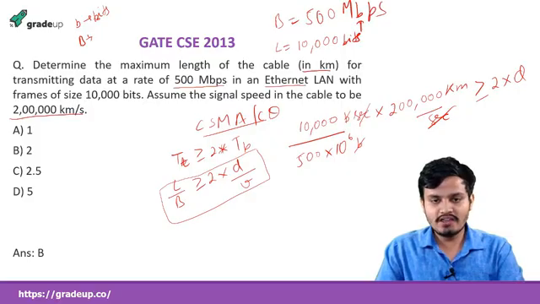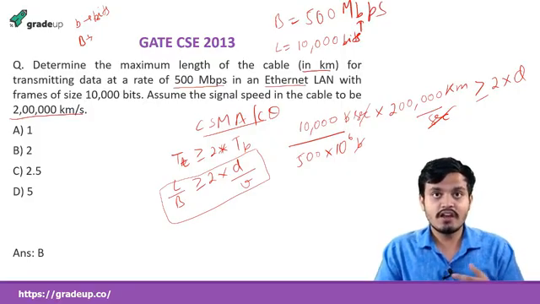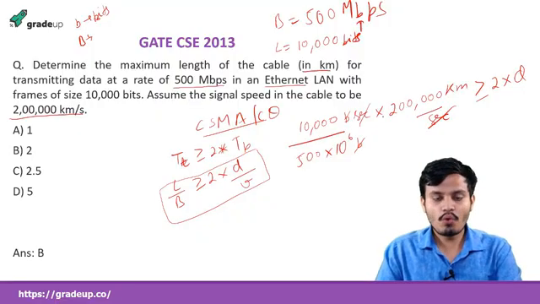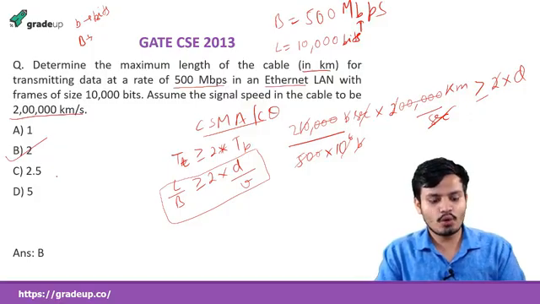So writing these units is really helpful, it is just a second verification. Always do this kind of thing. If you see, we have 5 zeros here and 6 zeros here and 2 zeros here. So all of these, 5 plus 3, 8 zeros will be cancelled out. Now this 2 will be cancelled out and D will become this. So D comes out to be 2 kilometers, which is B. So B is the correct option.